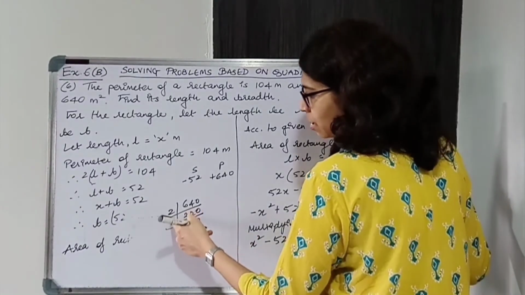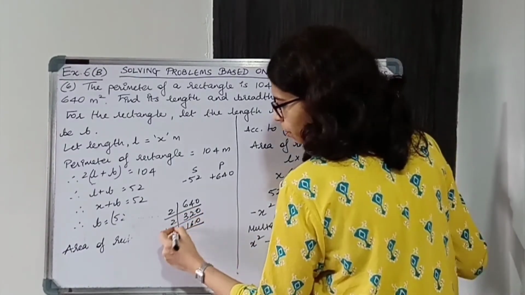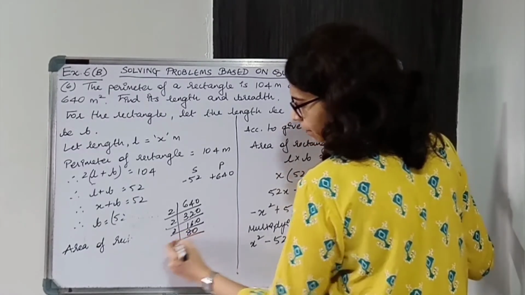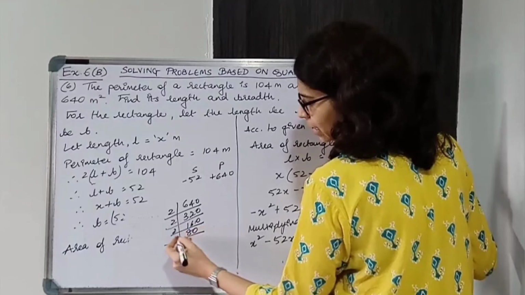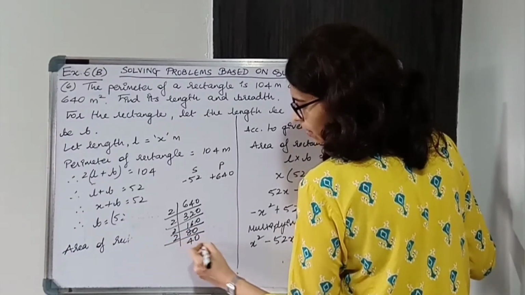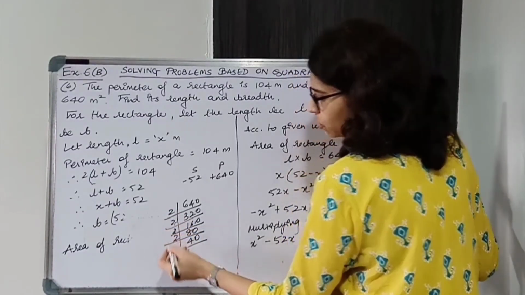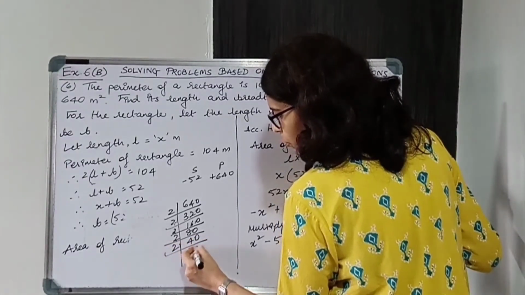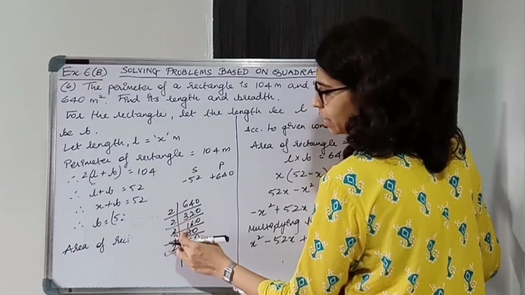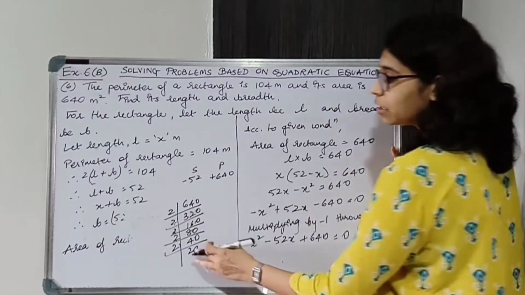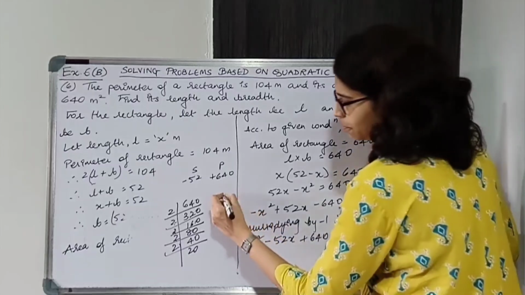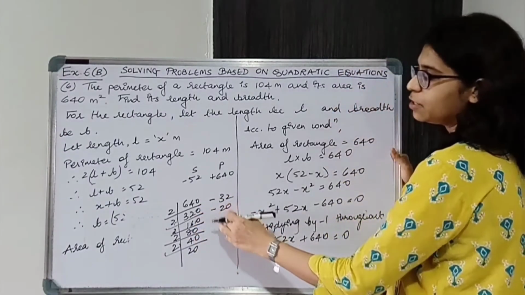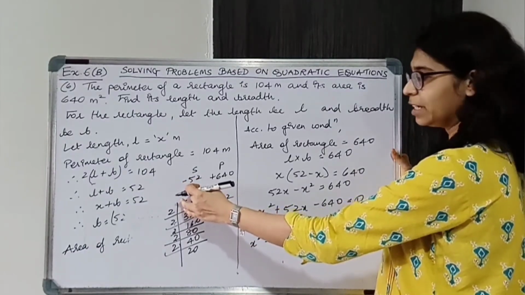Okay, big numbers. 2 2s are 4, 4 and 116, no. 8 and 80, so again not. 2 40s are, 2 2s are 4, 4 2s are 8, 8 2s are 16, 16 and 40, no. 2 20s are, 2 2s are 4, 4 2s are 8, 8 2s are 16, 16 2s are 32, 32 and 20, yes, 32 and 20, minus 32 minus 20, addition will give you 52 minus 52 and